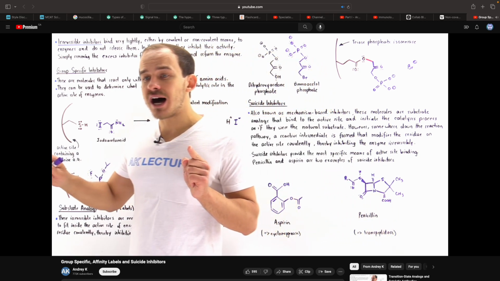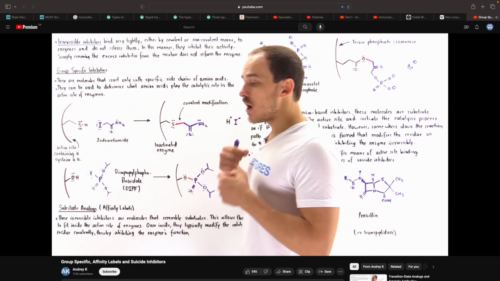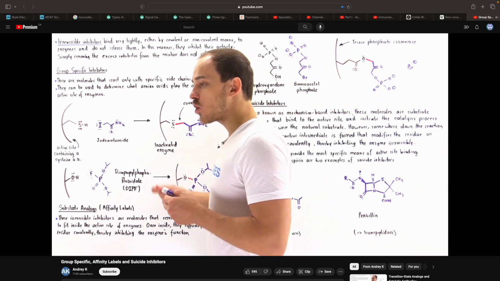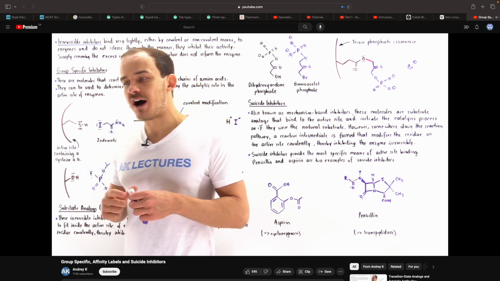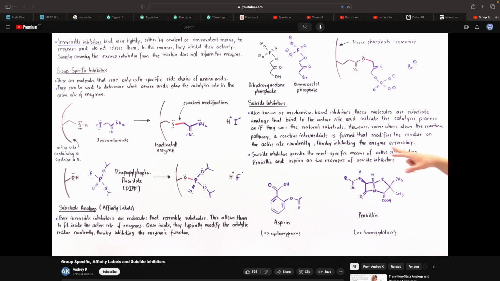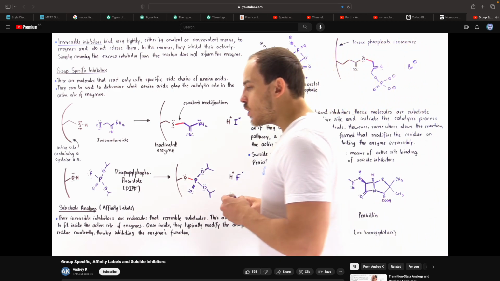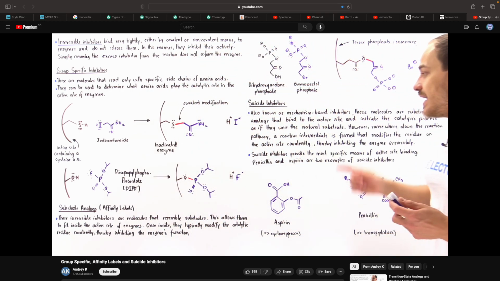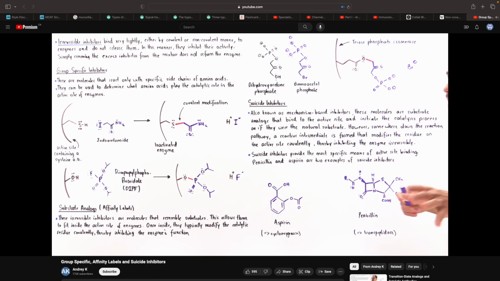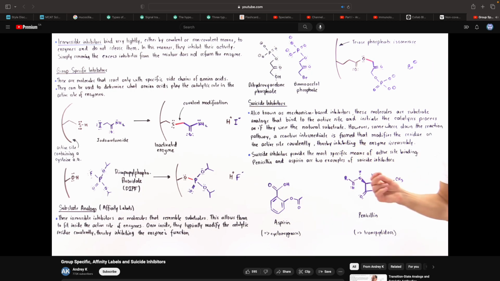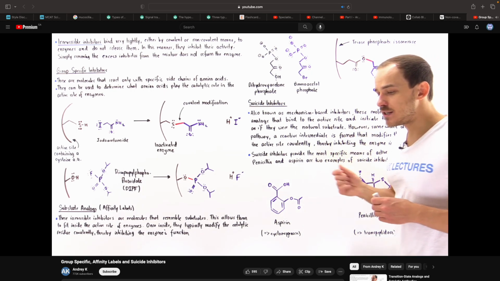However, somewhere down that pathway of that reaction, that suicide inhibitor will produce a reactive intermediate that will modify the active site in some covalent way. And once that modification takes place, that inhibits that enzyme irreversibly. And so, two examples that we commonly use in medicine of suicide inhibitors are penicillin and aspirin. So remember, in our discussion on irreversible inhibitors, we said that penicillin is essentially an antibiotic, and this penicillin molecule